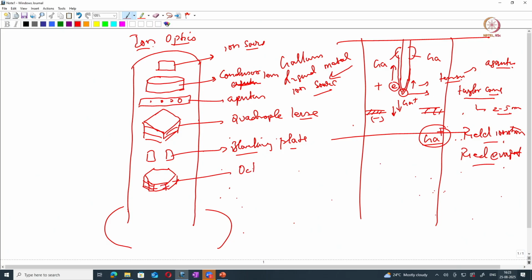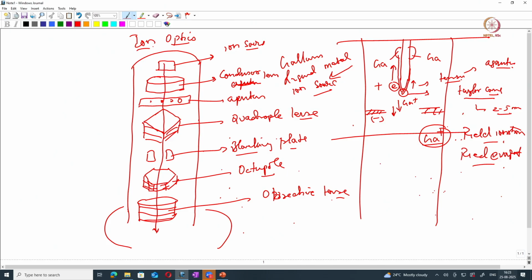This is called the octopole. And then finally you will have an objective lens. Okay, so the ions get accelerated